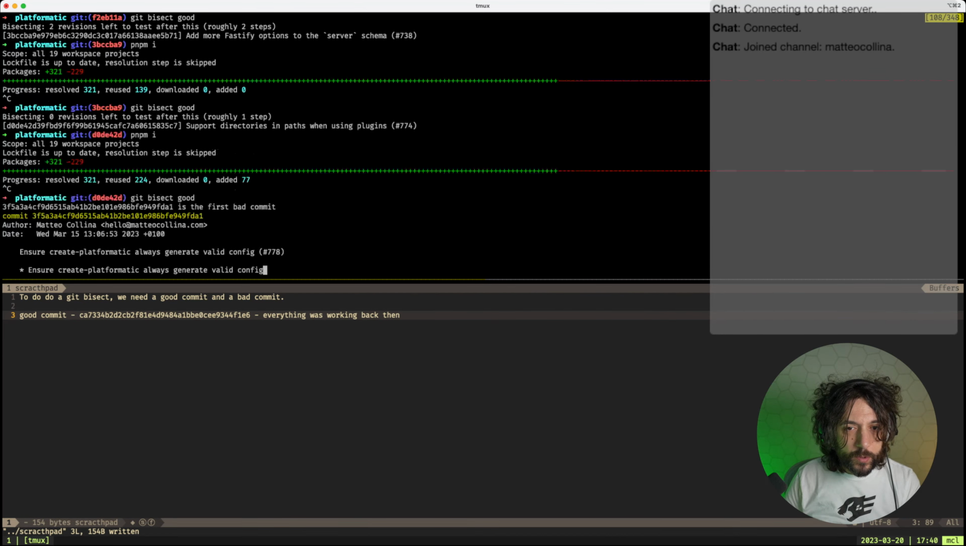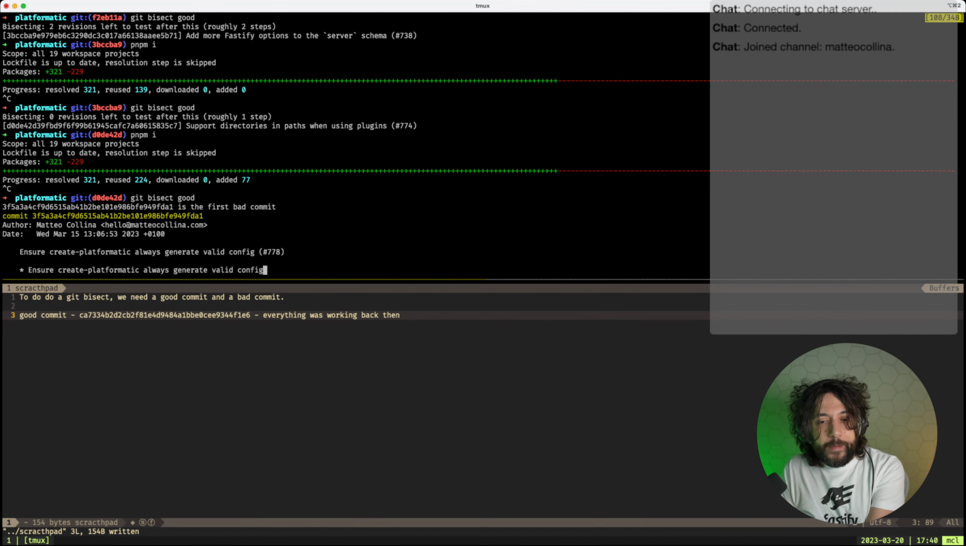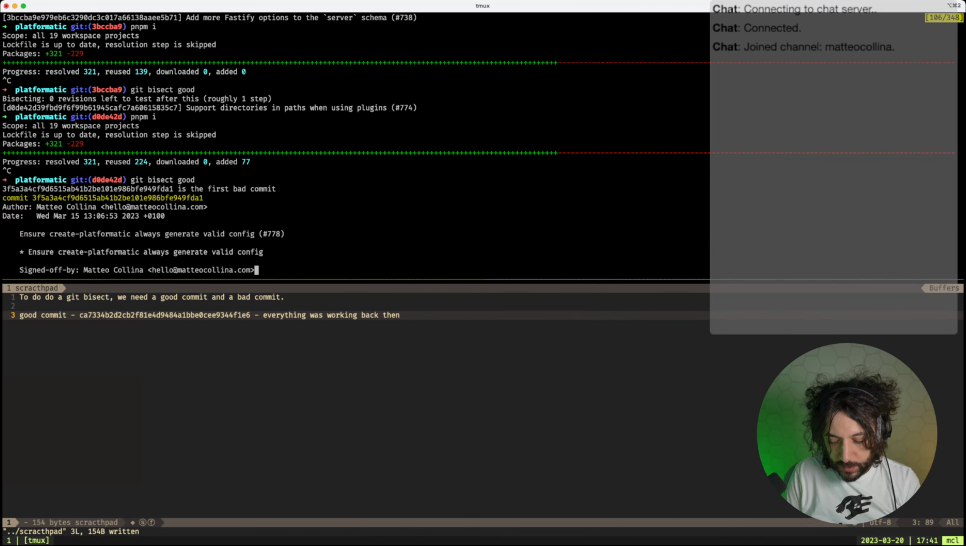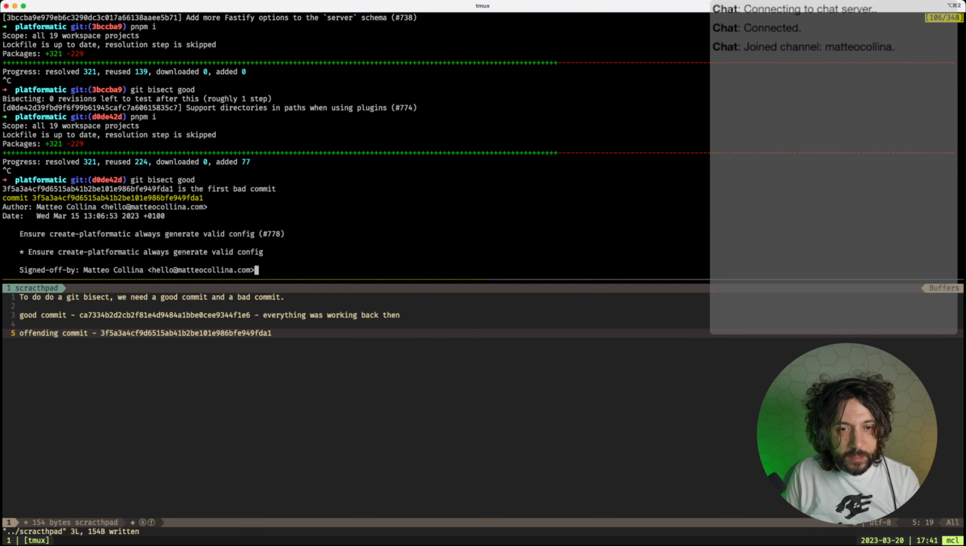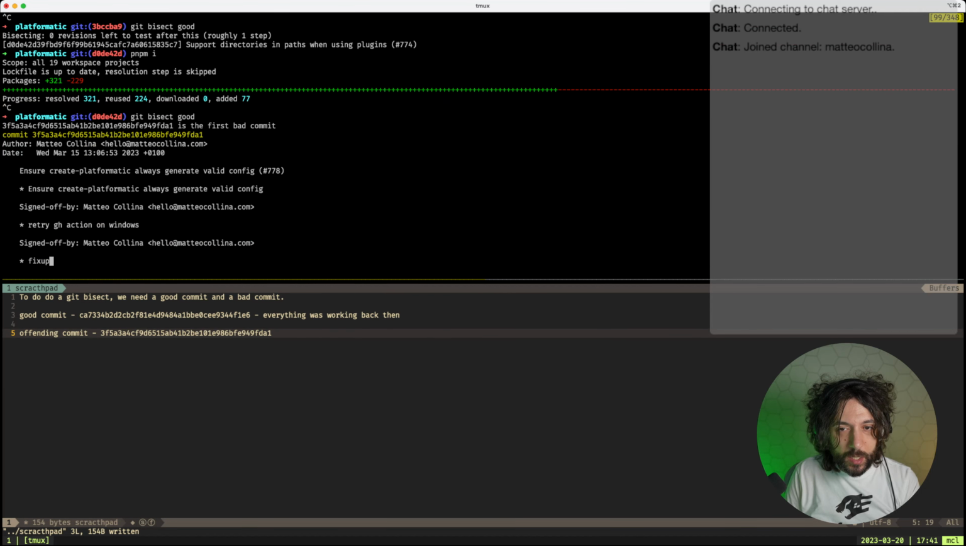Okay, which one was the problem? Oh, look at who was the author. So apparently, a guy called Matteo Collina correctly or incorrectly messed up, and it created quite a bit of a problem, because our git bisect is pointing out that this commit actually introduced a problem. So this is the offending commit, and this is the PR, which is 778. So if we go here,